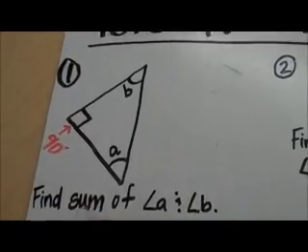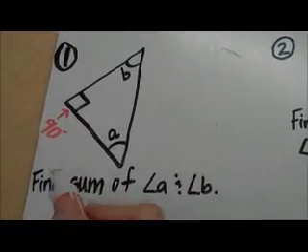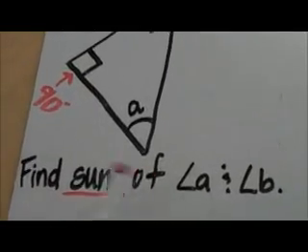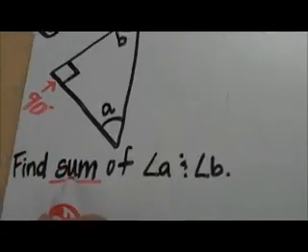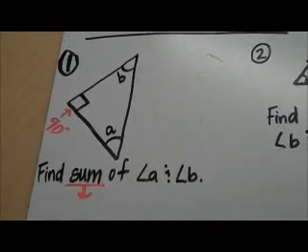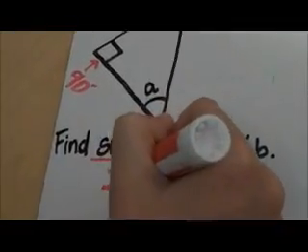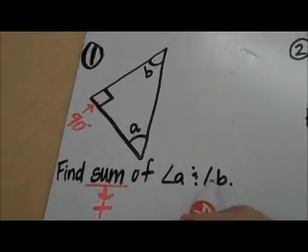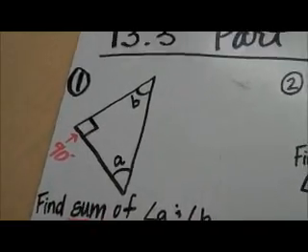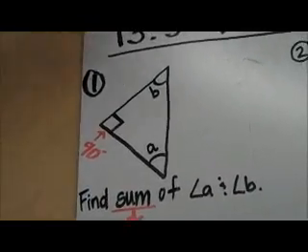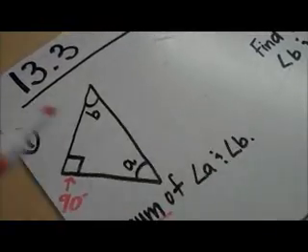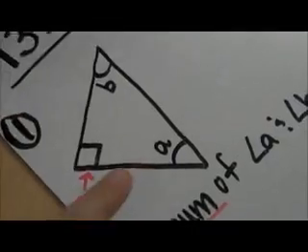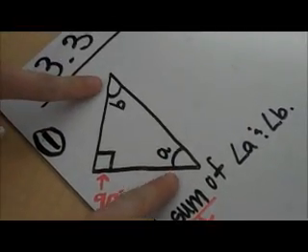My question says, well, it's not really a question, but find the sum of angle A and B. Thinking way back to first or second grade, you know that sum means to add, and it's the answer to an addition problem. So we're going to find the measure of angle A, find the measure of angle B, and add them together to get the sum. If we look at this triangle, again it's a right triangle because we have one right angle,